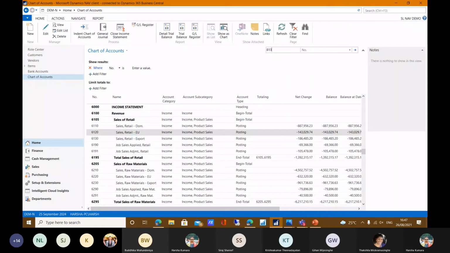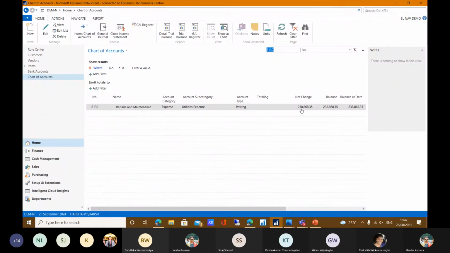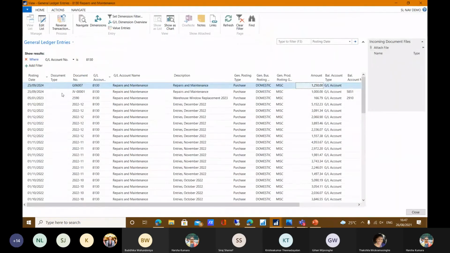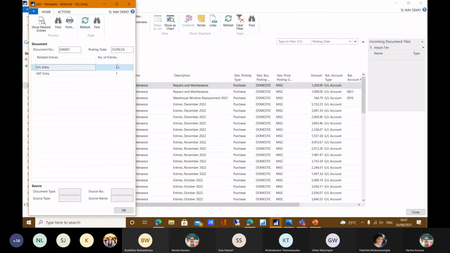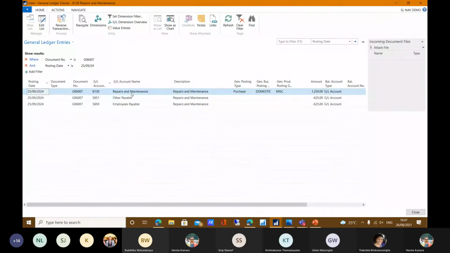And I will quickly go to the repair and maintenance account, and we can see the figures posted. Yes, we can see the 1250 figure in the first row, and we can navigate into it. Then we can see there are three journal lines: one is repair and maintenance debit, and the other payable credit, and employee payable also credit.